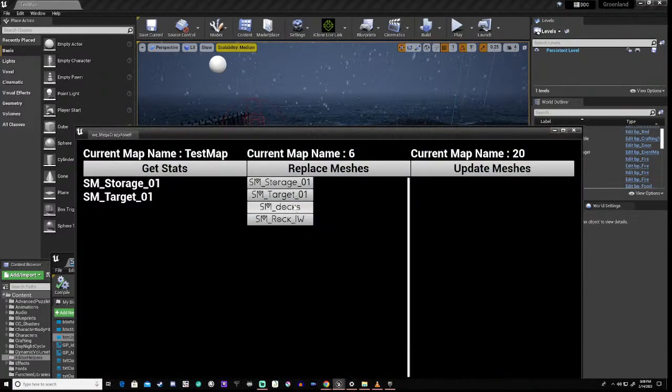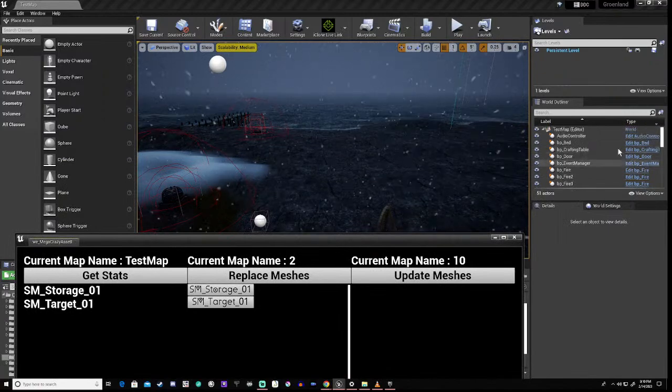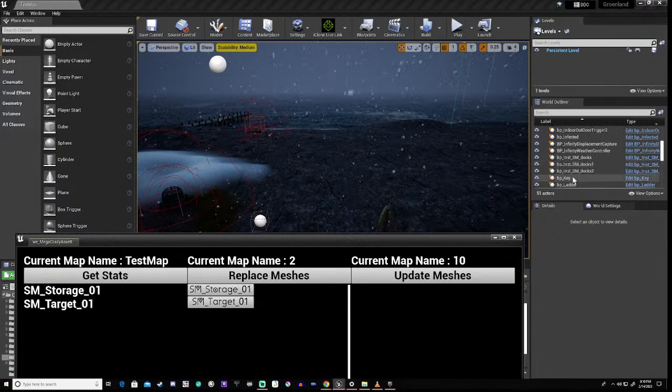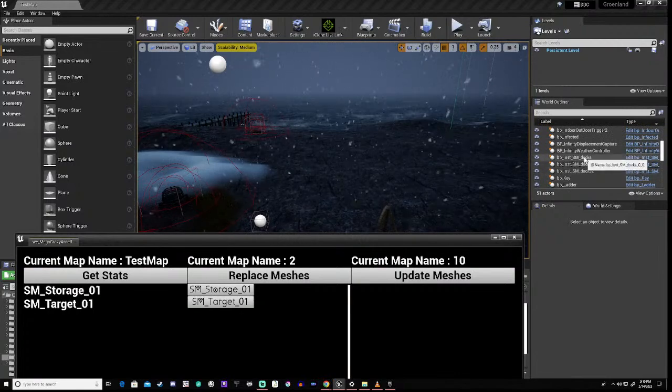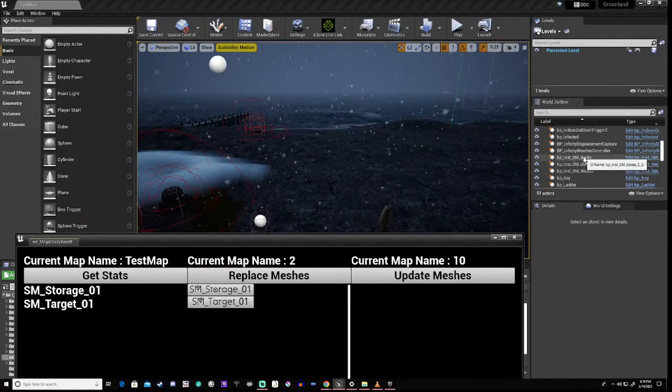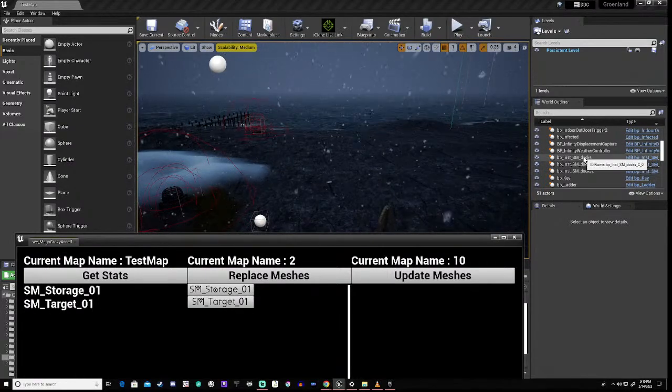Now we shouldn't have this SM Rock IW anymore. Wait a minute, how come they both disappeared? Did that do it? Yeah, it did. Look, the instances are there. Right, so it's done it.